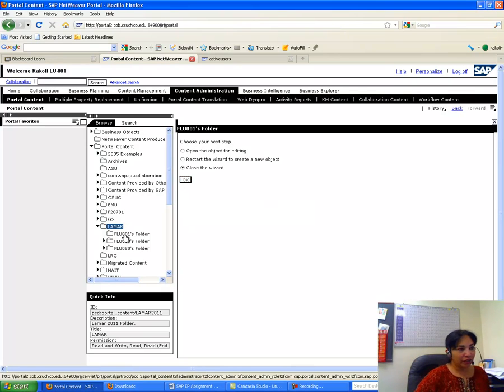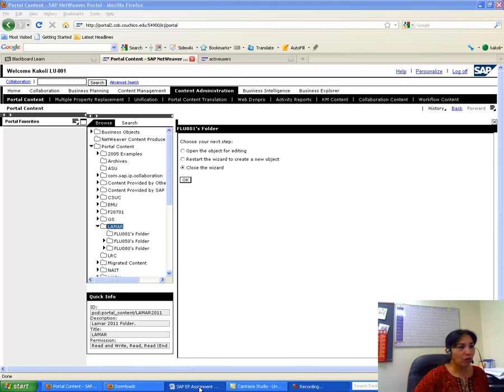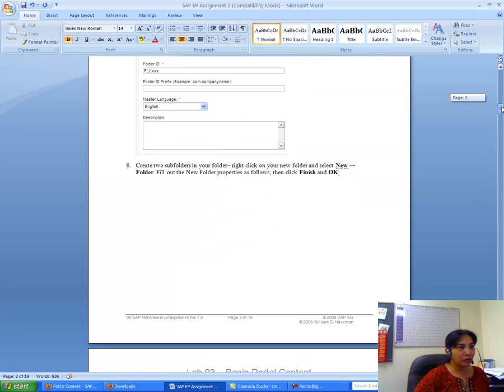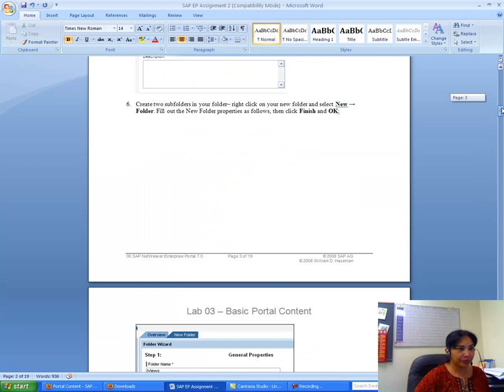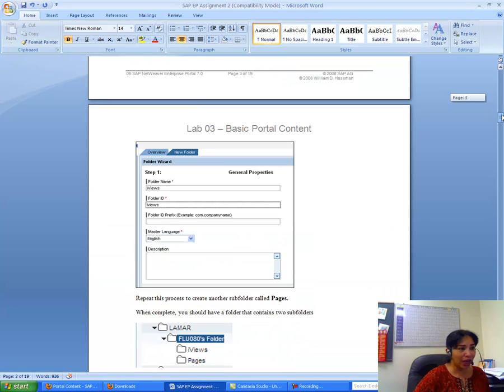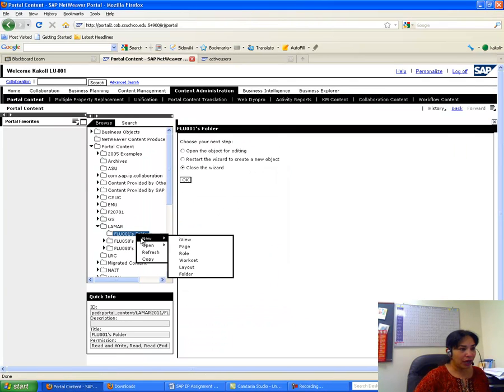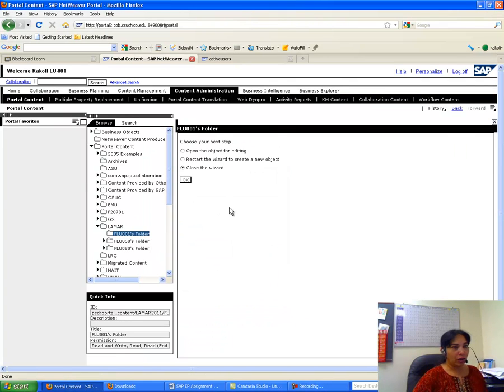So you see here LU001's folder has been created. Now what do I have to do? What I have to do now is create two subfolders within that and call one iViews and call the other one pages. Okay, so within the LU001 folder I create two new folders. One I call